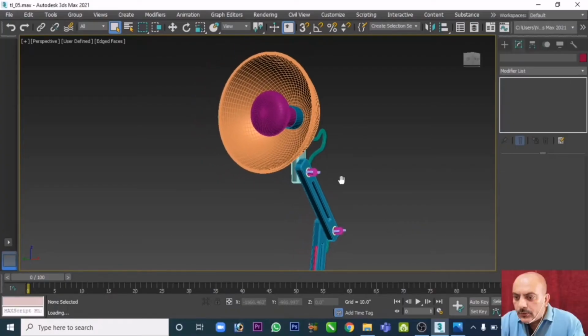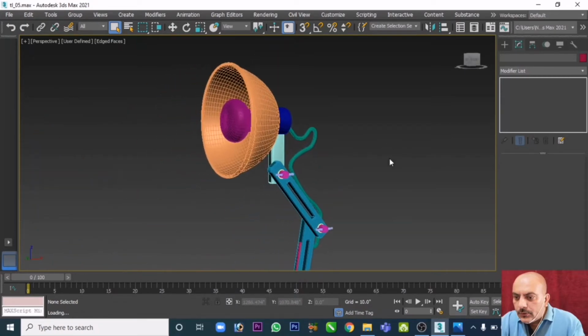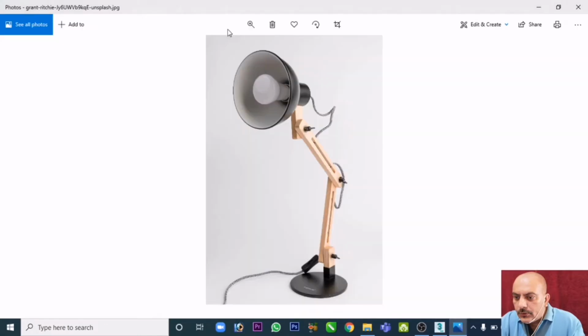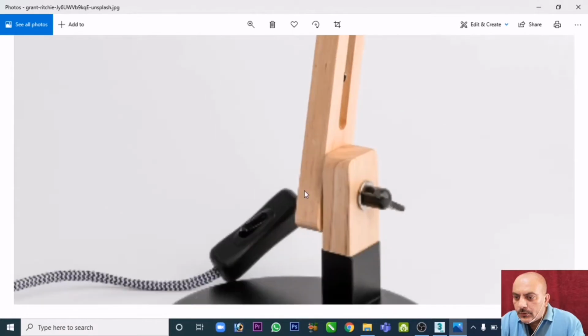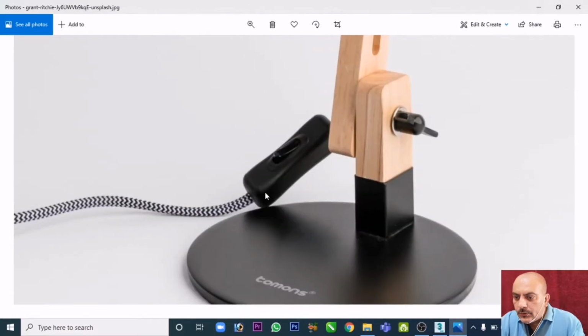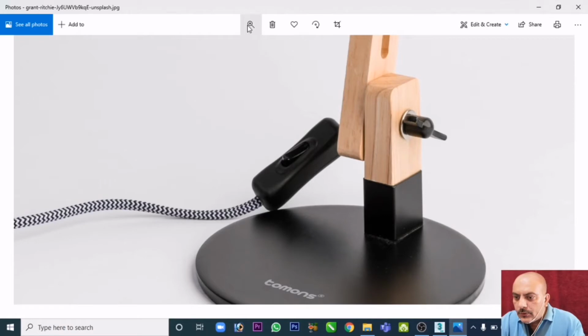In this video tutorial, I'm going to make the switch which was left in the previous video lesson. Let's see it. I'm going to complete this table lamp model, finishing the switch box. So today I'm going to model this switch box, and at the same time I will adjust the wires of this table lamp. So here it is, the switch box